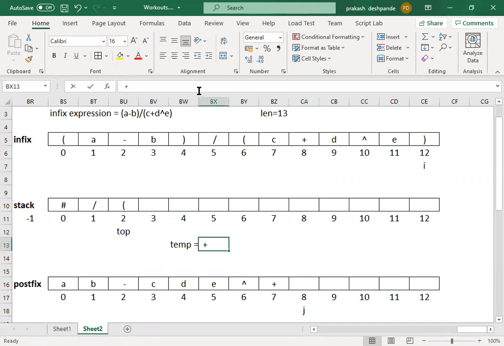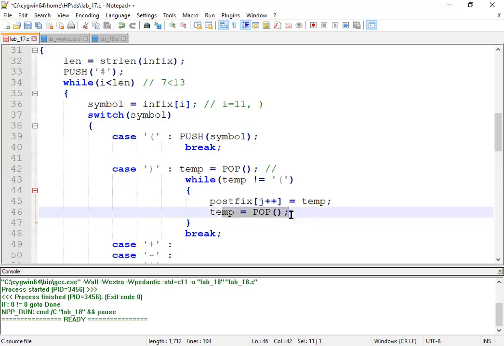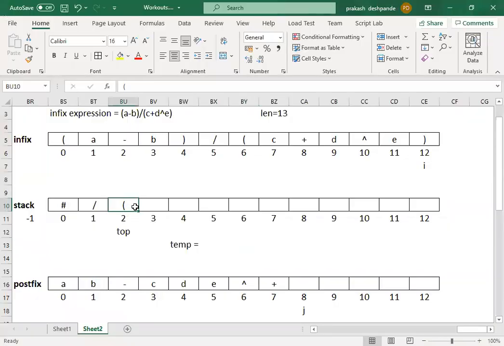Okay. Now let me remove this particular plus from temp. Then again the pop function will be called. Pop means take out the last element from the stack. So what do we have on the top? We have the opening parenthesis. So the opening parenthesis will get stored into temp.